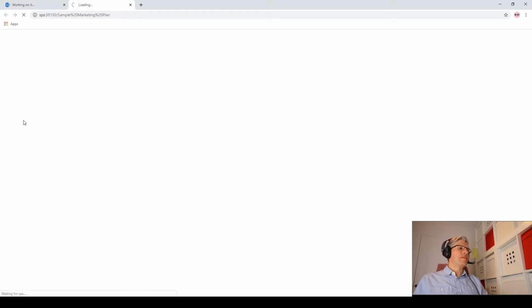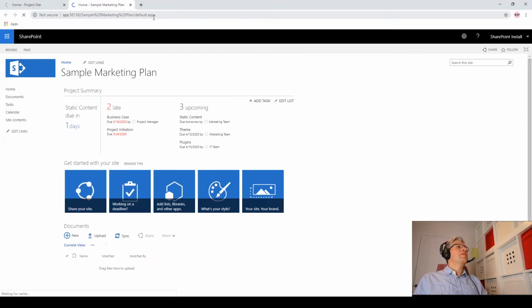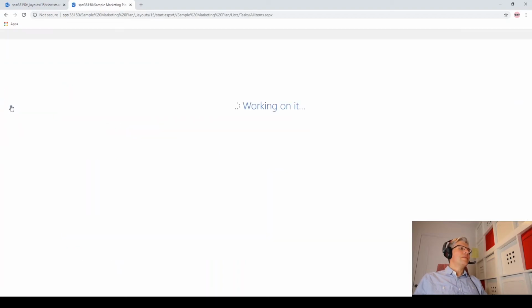And it's going to take us to site contents. Let's have a look, and you can see up here it's already opening the URL for the sample marketing plan that we put through already, and you can see this is what's actually loaded up. So we've got the project summary, so it tells us which tasks are late, it tells us which tasks are upcoming. We can have a look at our task list here as well, and if I click on that, it will